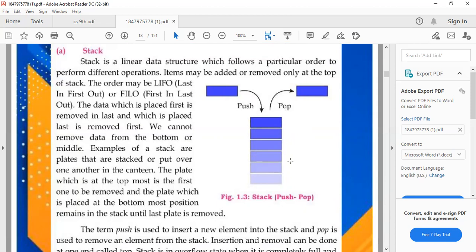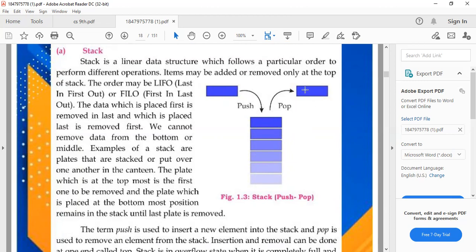LIFO, which means last in, first out, and FILO, which is first in, last out. This is the order. There is an order of last in and first out, and there is an order of first in and last out.